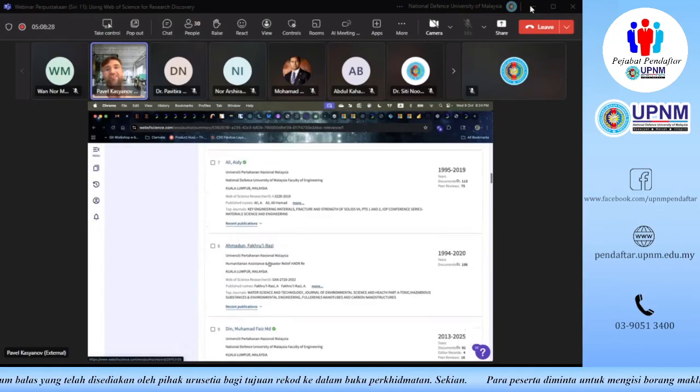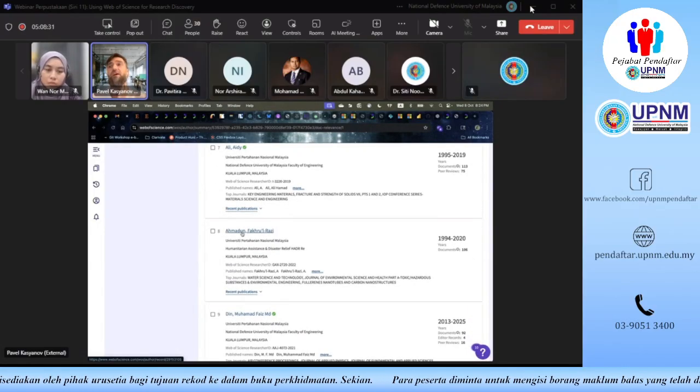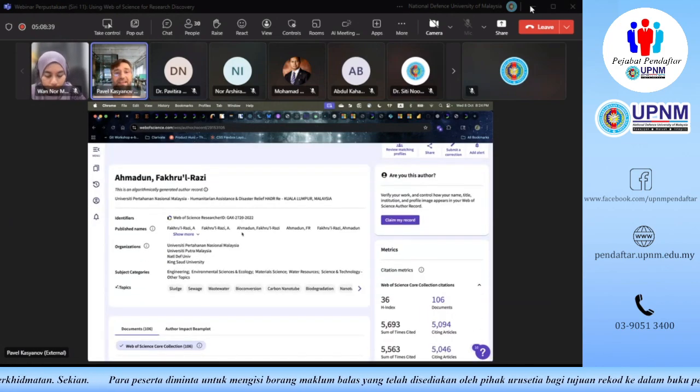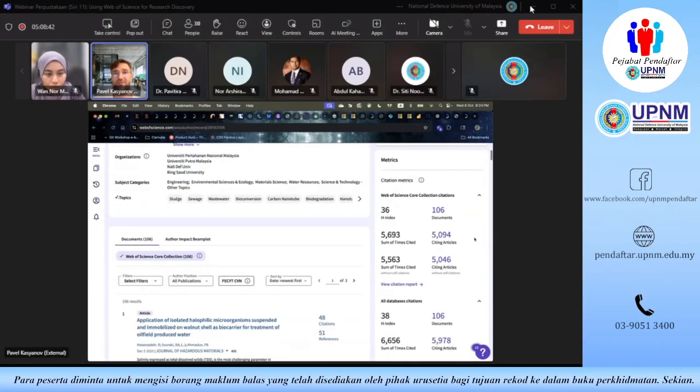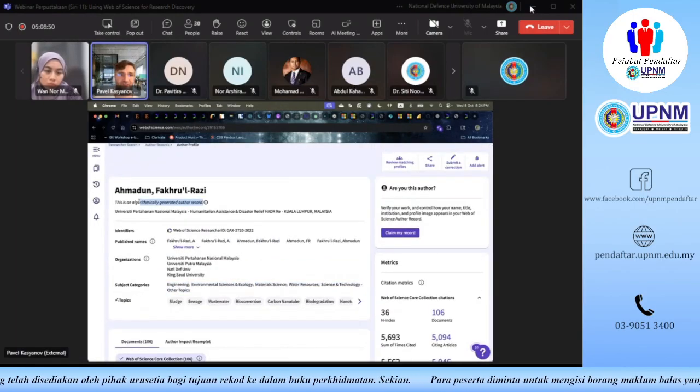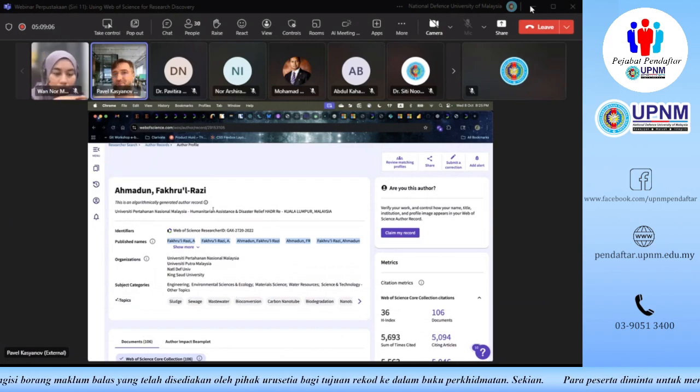So as you can see, they come with these little green ticks. An unclaimed profile is not a bad thing. I'm just going to show you what an unclaimed profile looks like. When we go into an unclaimed profile, it still has all the documents, all the metrics, and different author names, affiliations, and subject categories. It's just algorithmically generated. That means a statistical model clustered the research papers based on similar author names, affiliations, and subject areas, and it has found 106 documents that seem to belong to the same person.